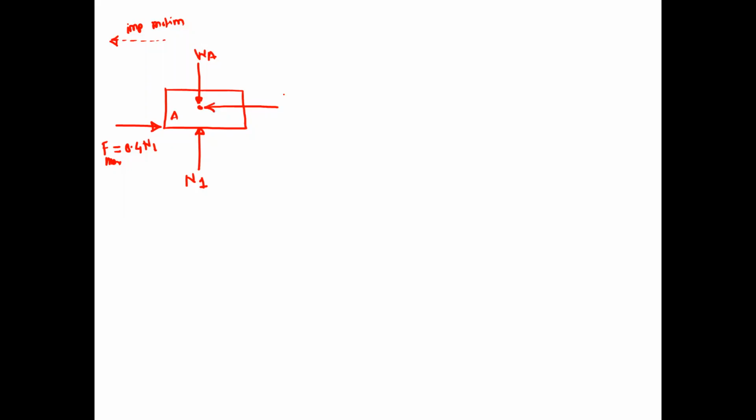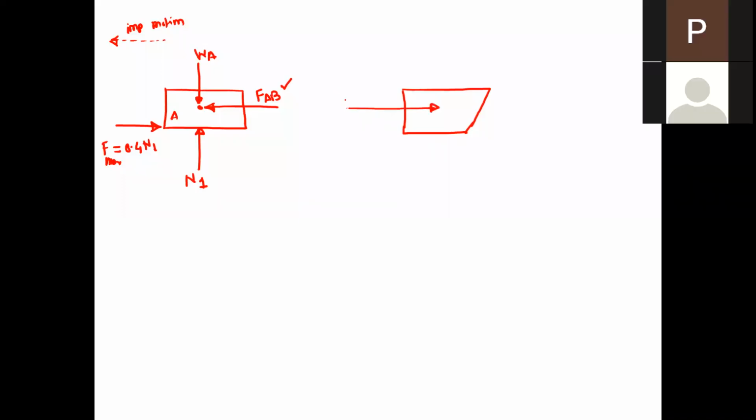So this force, let us take as force AB. You can consider that direction maybe on the left side or on the right side. I have assumed force AB is acting towards the center of gravity of this block. So when you draw the free body diagram for the second block, this is the common force, only the direction will be opposite. So this is the force AB.